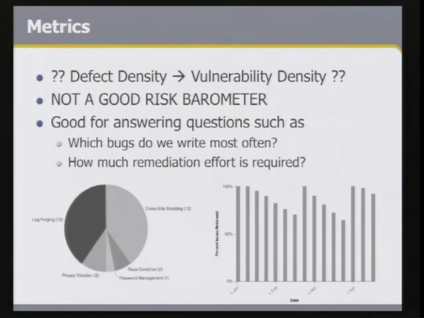I argue that it does not apply well to security because it's very difficult to measure. Sorry, it does apply, but not in the way people want it to. It doesn't measure risk. It's very hard to attribute the amount of risk that one vulnerability in a million-line application might introduce to the organization. So don't use defect density as a metric for measuring